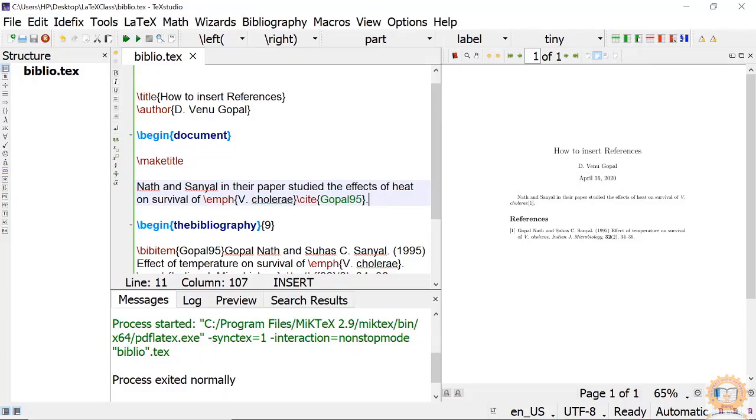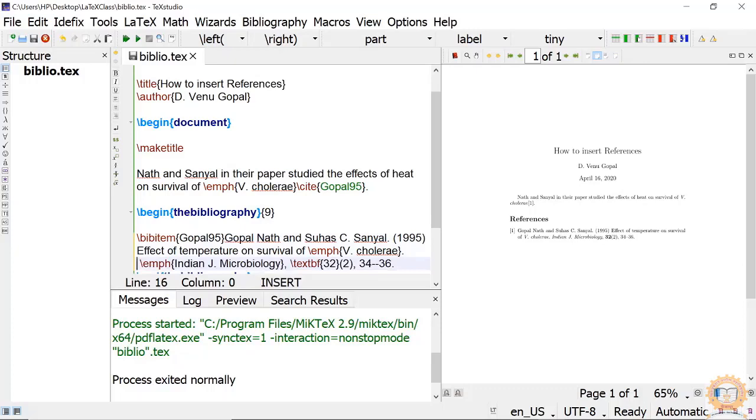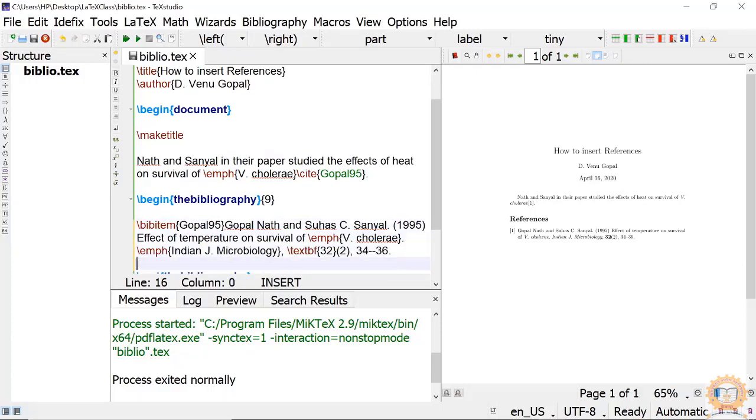That's simple. Okay. Suppose I have another bibliography matter. I type it here. Okay.